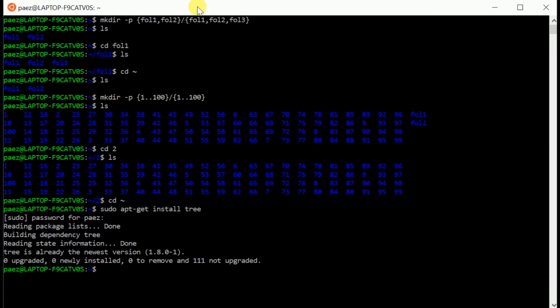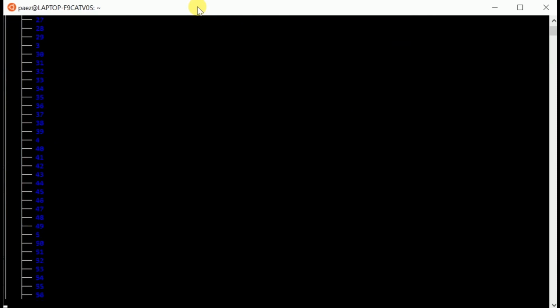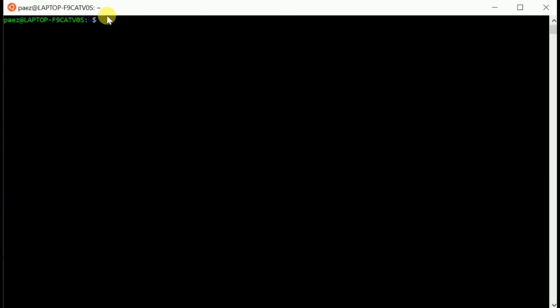Once it's done, you can just type in tree, and it will show a tree structure for whatever content you have. Now I have 100 directories and 100 subdirectories, so I won't be doing it. Let me just quit this process, clear it and show it to you. Let's look at how this looks. And yes, I've removed all the 100 directories because I don't want to crash my system. As you can see, I have folder 1 and folder 2, and each of those folders have 3 subdirectories each. I've removed all the 100 folders so that I can give a proper view of the tree.